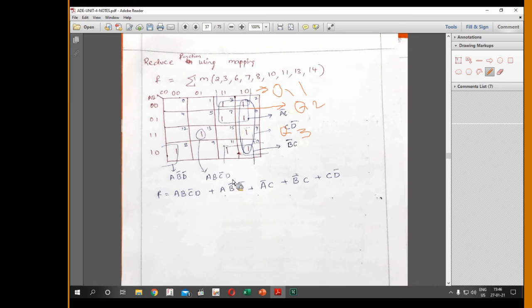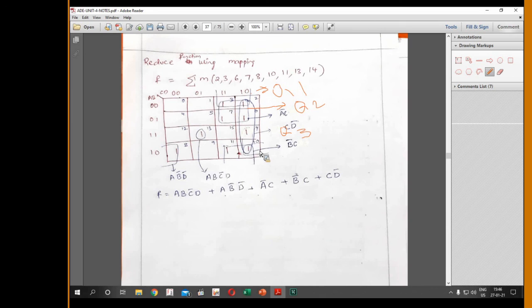The next possibility is a big square, which is a quad. In order to form a quad, I should have 8, 9 or 0, 1, or I would have 8, 12, 13, 9. So the 12 and 9 minterms are not available, so I can't form a quad. Or else I have 12, 8 or 4, 14 and 10. 12 doesn't have a minterm, so I cannot form a quad with 12, 8 and 14, 10. Hence the least possibility is a pair.